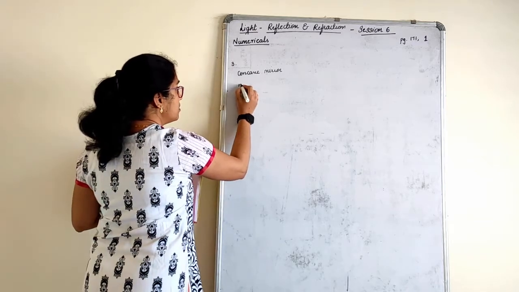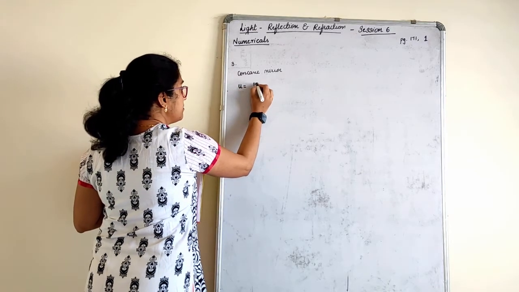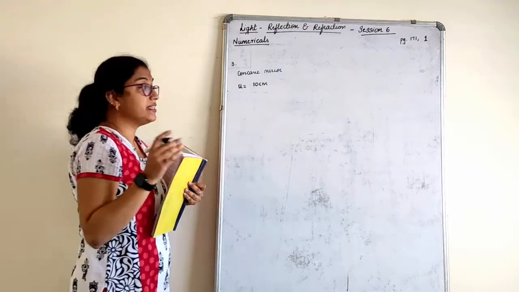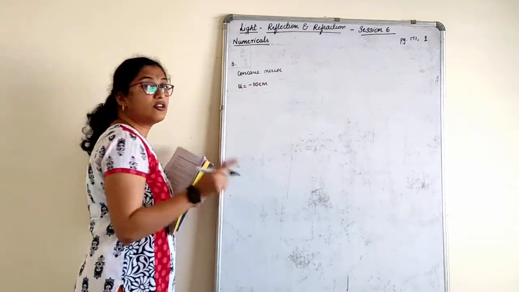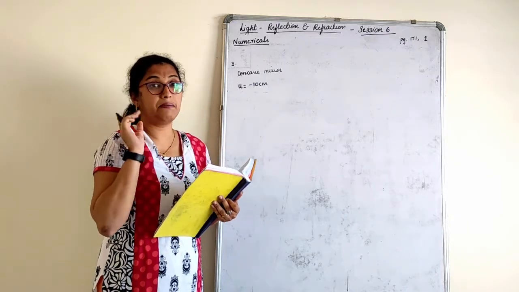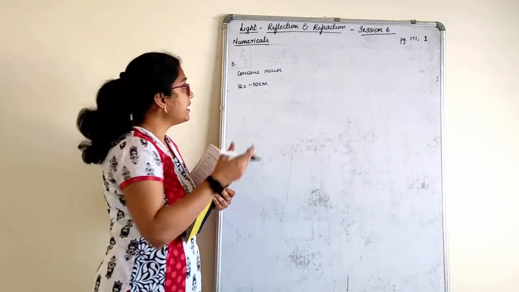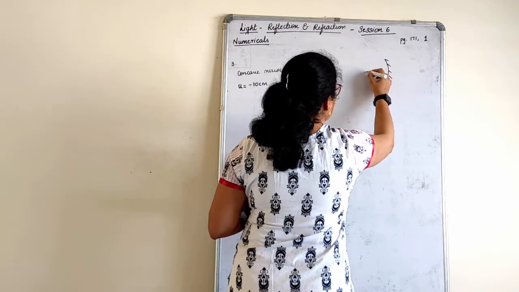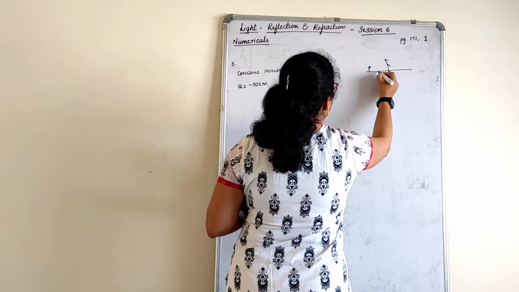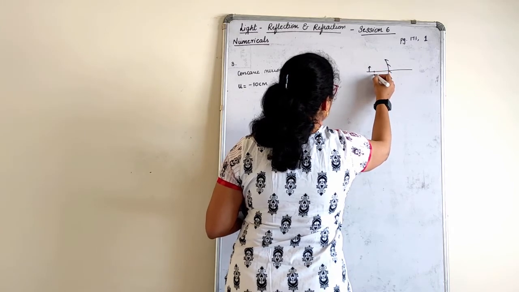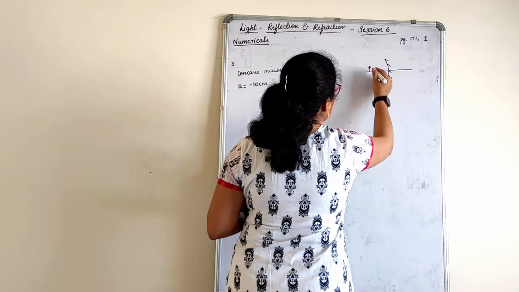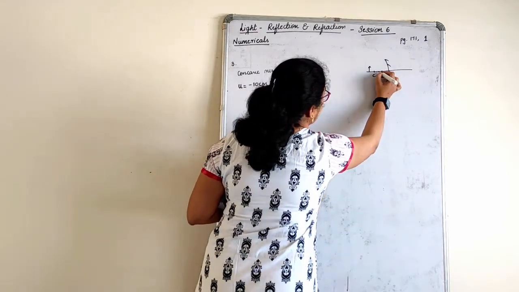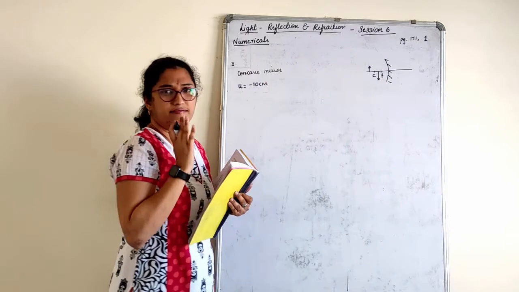Placed at 10 centimeter in front of it, that is u. What is u, children? 10 centimeter. Plus or minus, they will not give you that. Object distance is always minus. Remember this, and you have to write. Okay. You want a rough figure for that? You can always have just. So this is your C, this is your F. So this is your object, what you have got, and your image wherever you get. Just a rough figure, right?